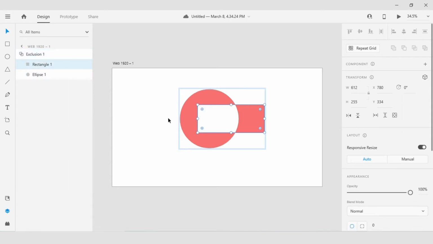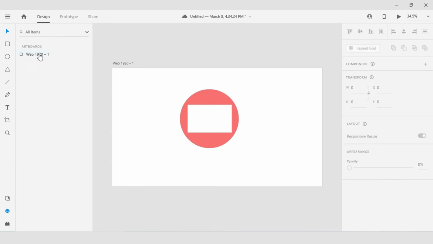So I may want to select one of these objects and just adjust it. As I mentioned, it's non-destructive, so I can make that change. And if I hit escape, you go back up a level to the root of the group there, and then do one more time just to step out onto the design canvas.